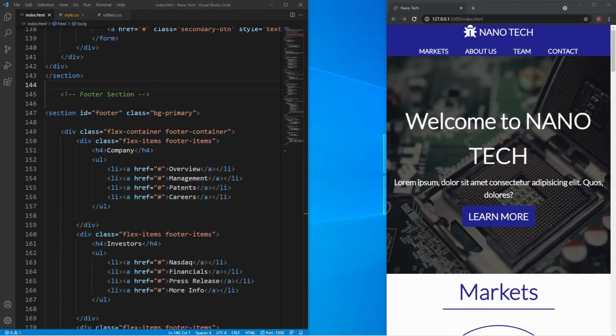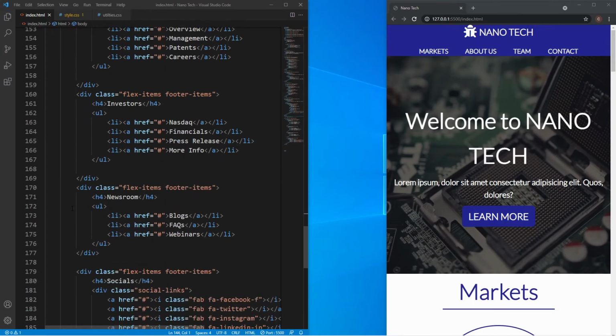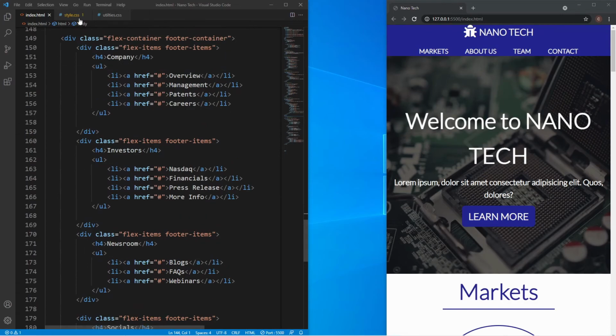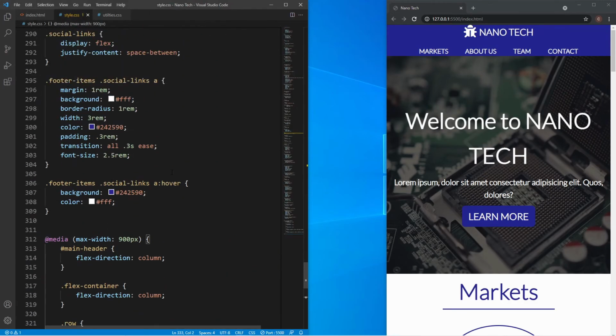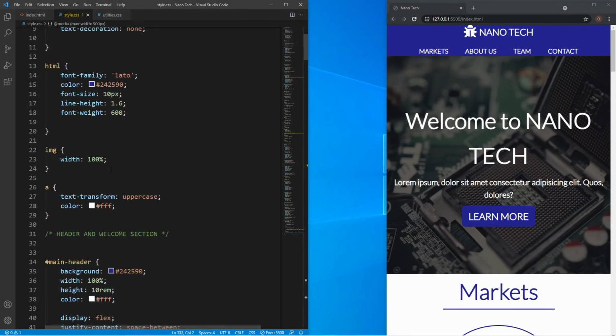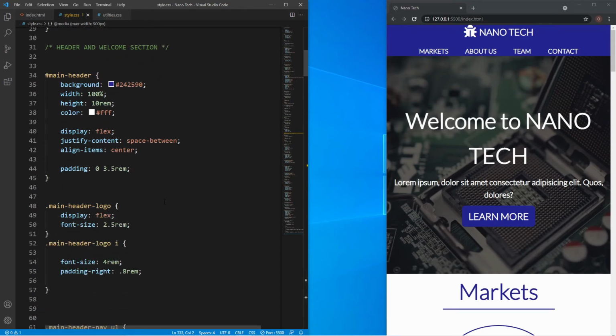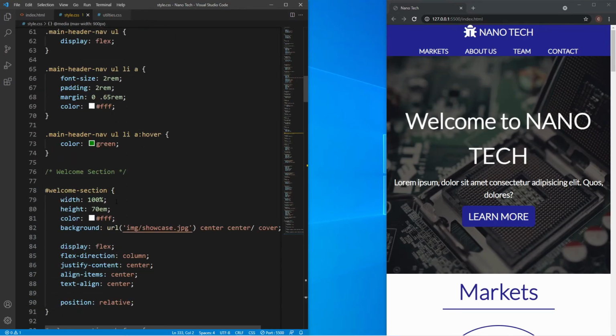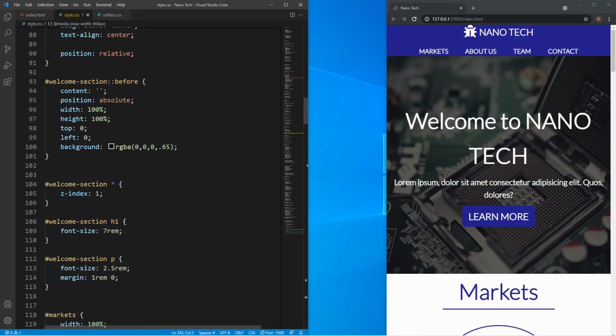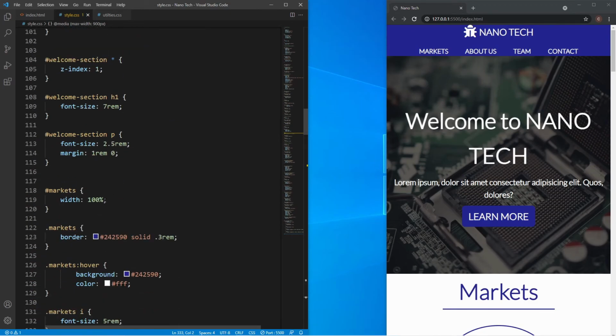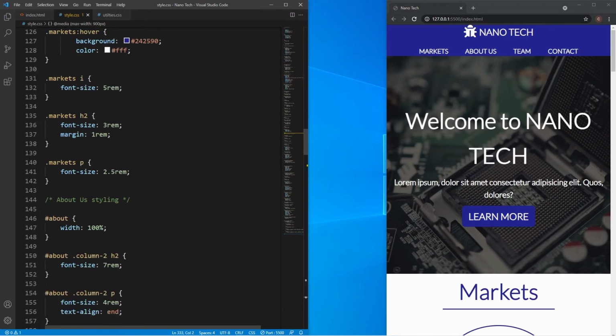And just quickly guys, a nice little tip when you come towards the end of your project, it's good to go over it again, just to see if there are any sections that break the DRY principle. So for example, in the style sheet here, if we scroll up through each section, I just noticed when I completed this that I apply a width of 100% in each of the sections, so you've got it for the ID of markets, and you've got it for the about section. So what we could do essentially here is just use a utility class and then apply it in the